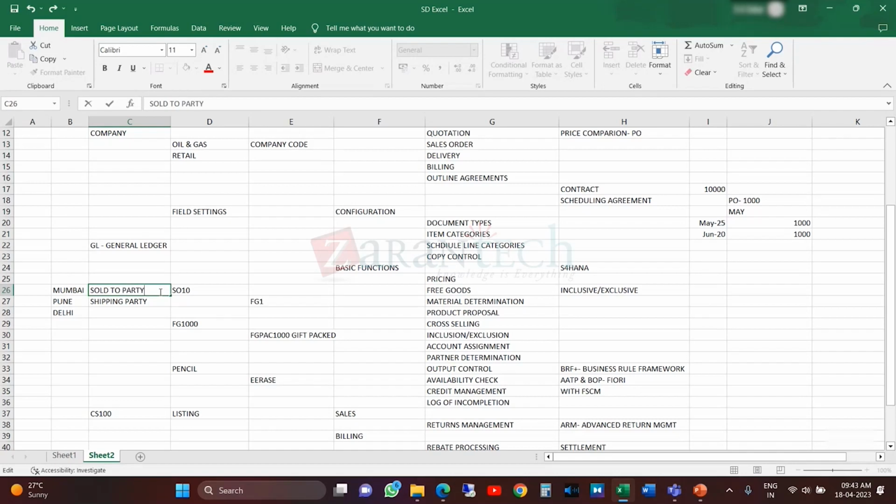So the order will come from the Mumbai office as sold party. The address will be the sold-to Mumbai address. And when we send the shipment to the customer, it will go to the Pune address. Pune is the factory, that is the shipping party. And the bill will be sent to the headquarters in Delhi. So we'll send the bill to the bill to party. So the bill will go to